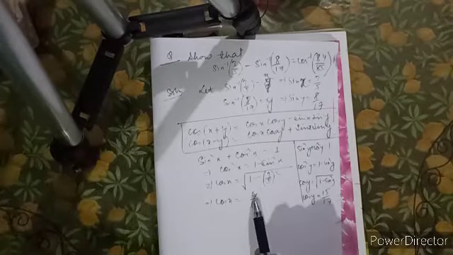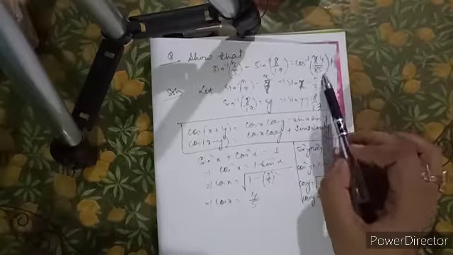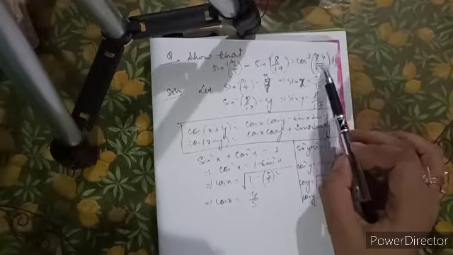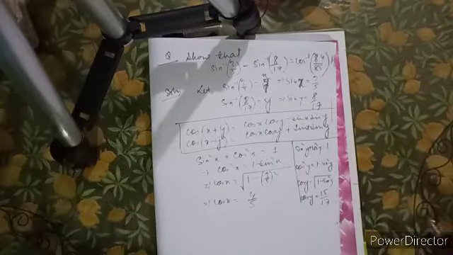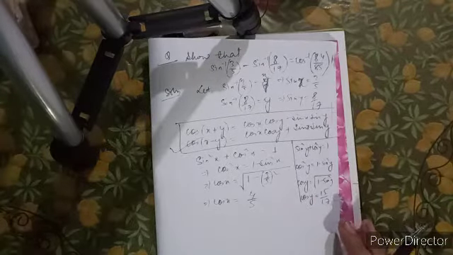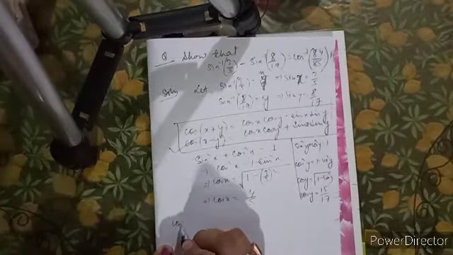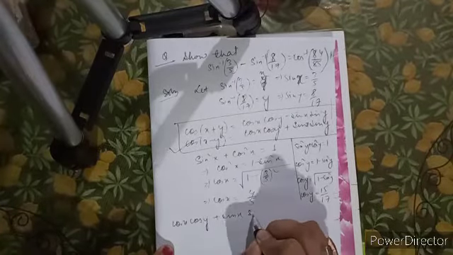Now you have 4 by 5 and you have 15 by 17. And your value is bigger. 84 by 85 is bigger than 3 by 5, 8 by 17, then 4 by 5 and 15 by 17, is it not? So which formula will we be using? We will use the second formula: cos x cos y plus sin x sin y.